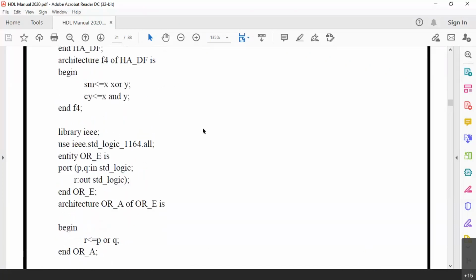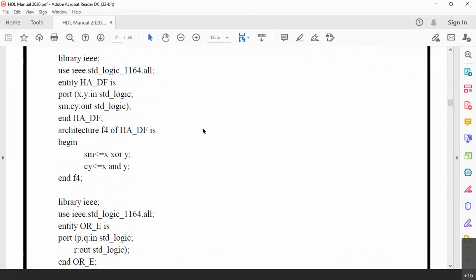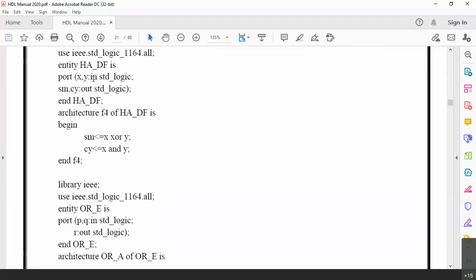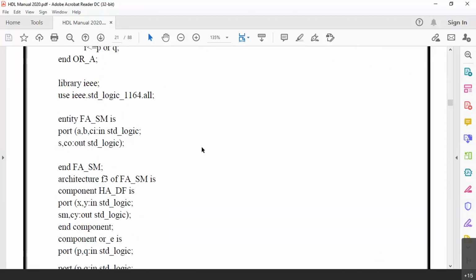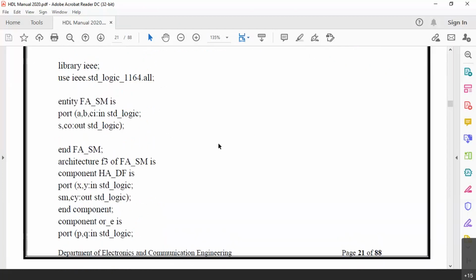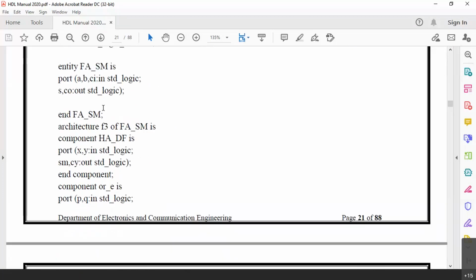You can see everywhere we have used different terms: X, Y and SM, CY; then P, Q and R; here A, B, CI and S, CO. You should be careful while declaring the input and output ports, otherwise there will be a conflict in the identifier names. So here entity FA_SM is port A, B, CI in, S, CO out, and that is the end of the entity.